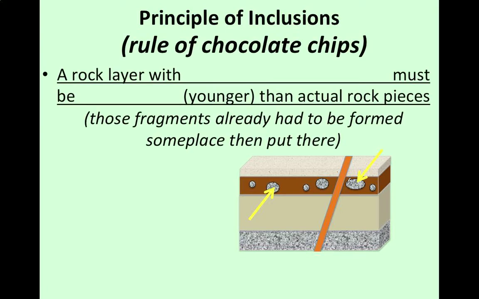And we like to call this the rule of chocolate chips. Okay, thinking of these as chocolate chips, I know that these have to exist first before the layer around them. So when we talk about this rule, we say that a rock layer with inclusions or pieces of other rock,